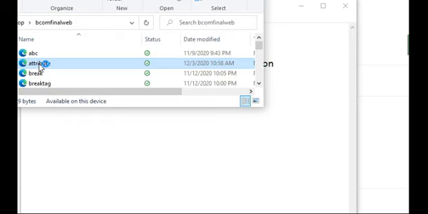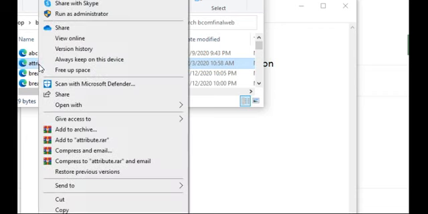Let us see what output we get. If it does not open, right click and open it. See, we get a page.